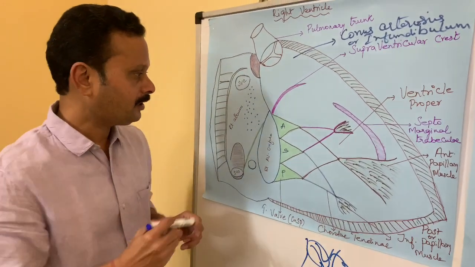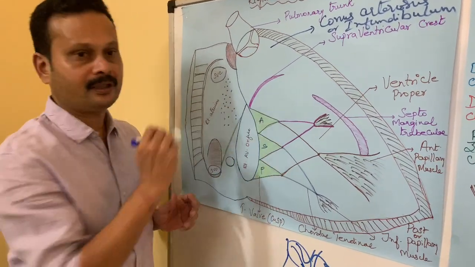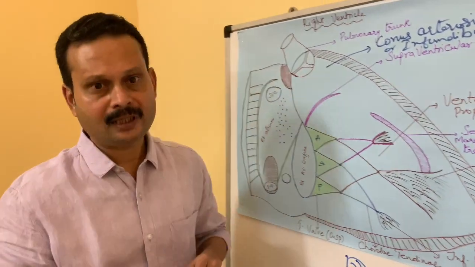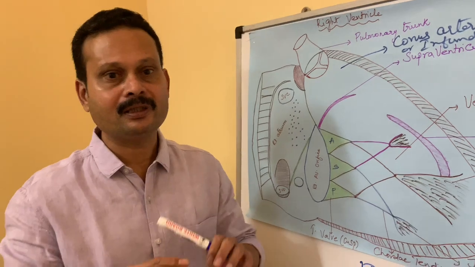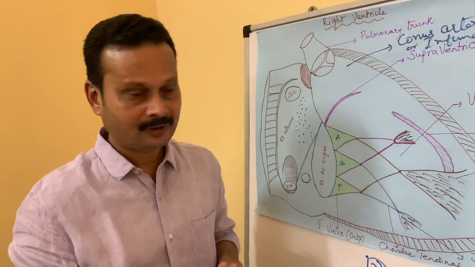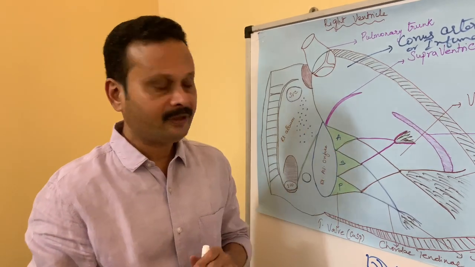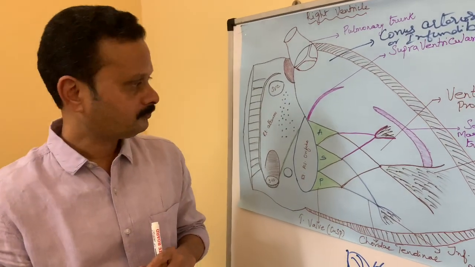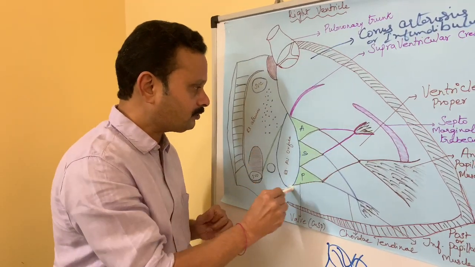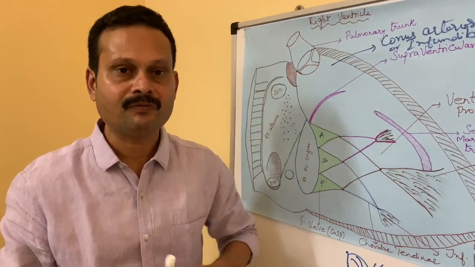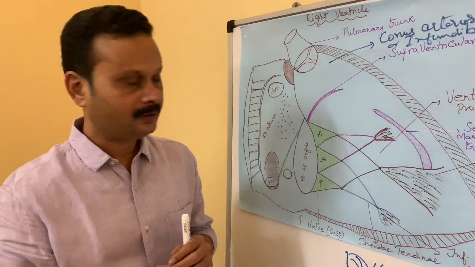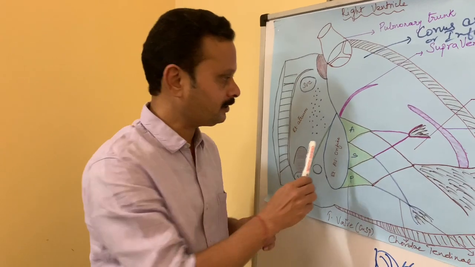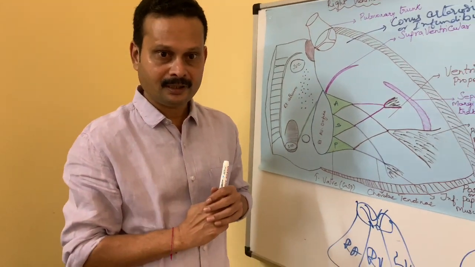Now coming to the description of the right atrioventricular orifice. It is oval or circular in shape, depending on the phase of the cardiac cycle the heart is in. It conveys the venous blood from the right atrium to the right ventricle. It is almost vertically oriented, making an angle of 45 degrees with the sagittal plane, and it is directed downwards, forwards and to the left.